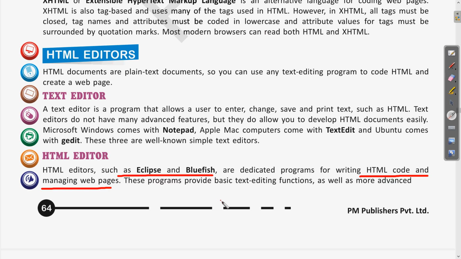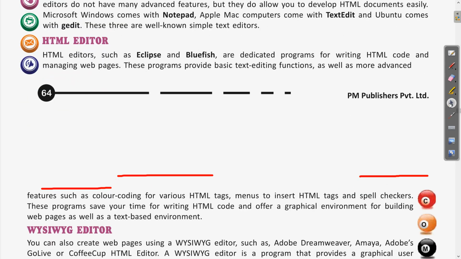If there is some error, that will also be marked with a different color. So these programs provide some extra additional features also. Here it is also written that these programs provide basic text editing functions as well as more advanced features such as color coding.